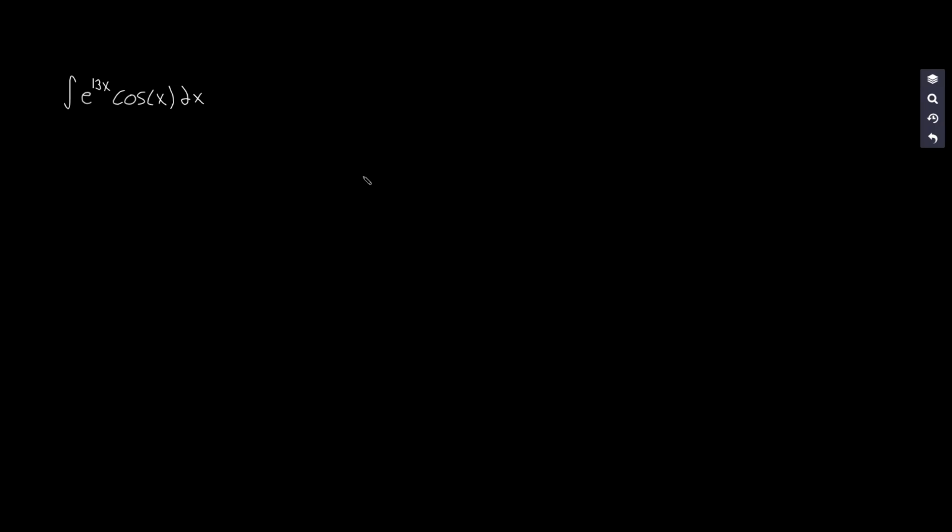And you might remember that LIATE is not applicable to a problem like this, because it doesn't matter whether you set u equal to e raised to the 13th times x or cosine of x. But in this case, I'm going to set u equal to cosine of